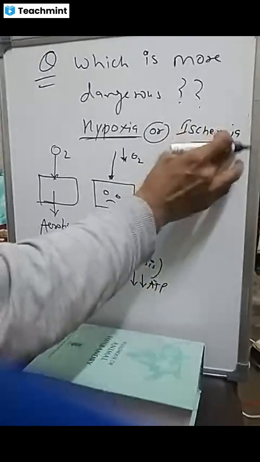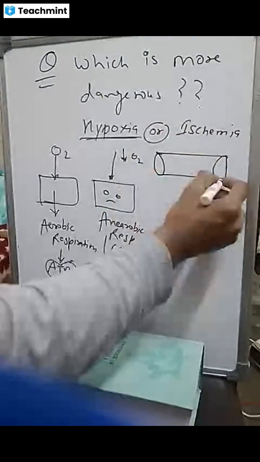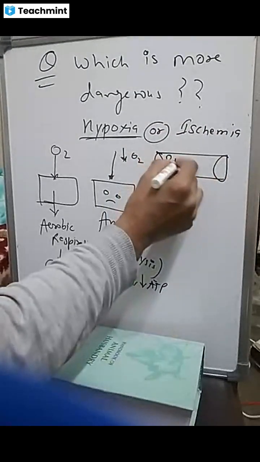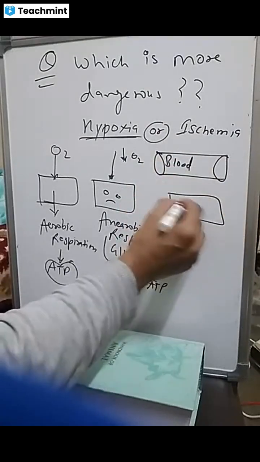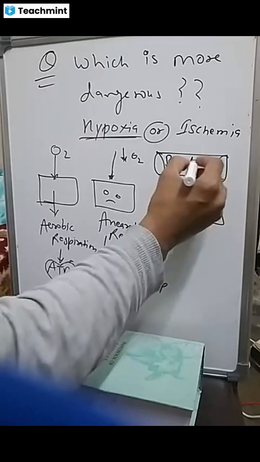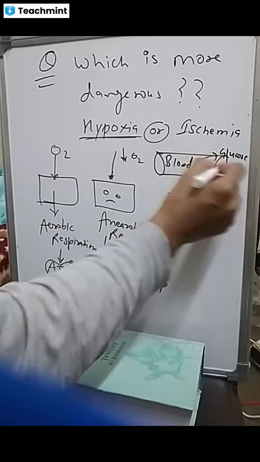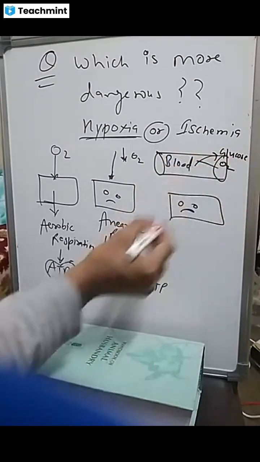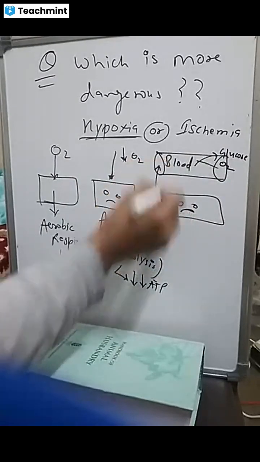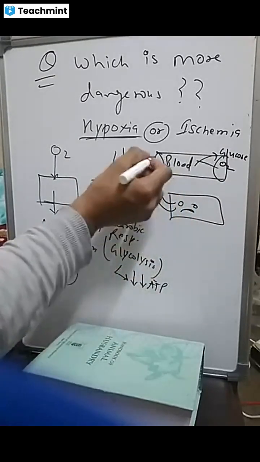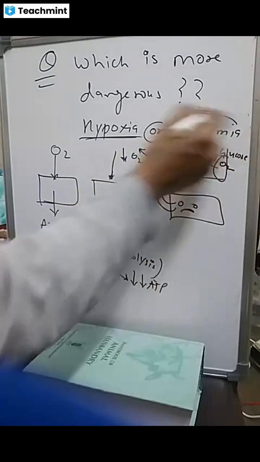But what happens in case of ischemia? This is the blood. The blood flow is not coming to the cell. And we know blood is a source of glucose, oxygen, and it is also taking waste product away from the cells. So in case of ischemia,